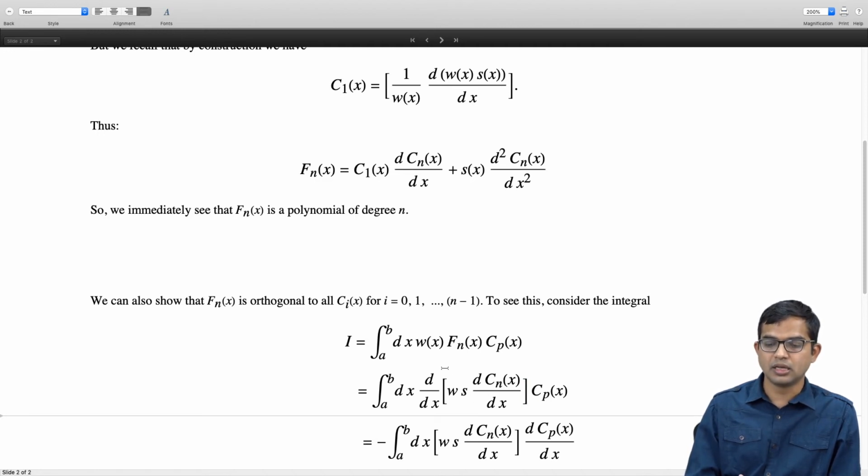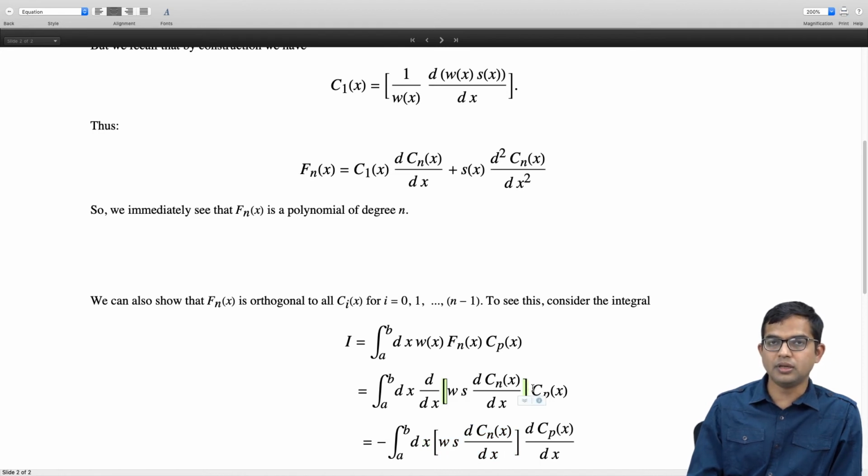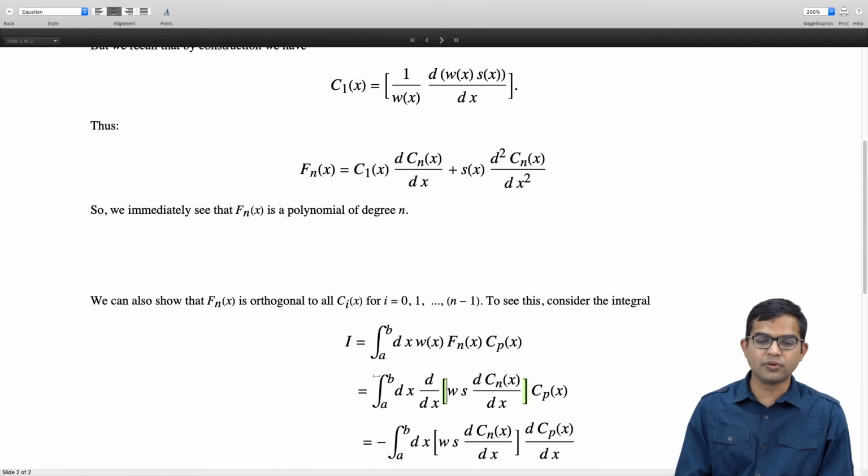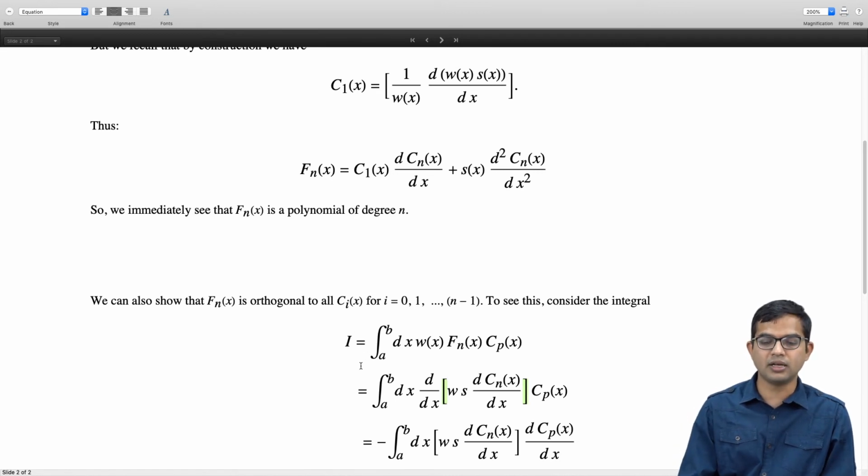In this case, so u dv, so this is v, so this stuff comes in as it is without the derivative, and then you have to take a derivative of this, and there is an overall minus sign, right? Because you are doing u dv, that's uv minus v du, v is here, v du is here, and there's an overall minus sign. So this is just simply integration by parts, right? So far it's just some manipulation of this integral, and now comes a very clever argument.